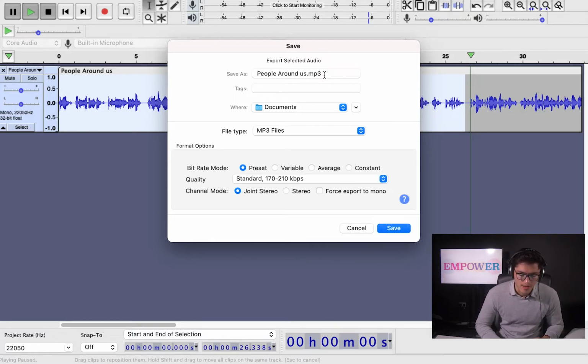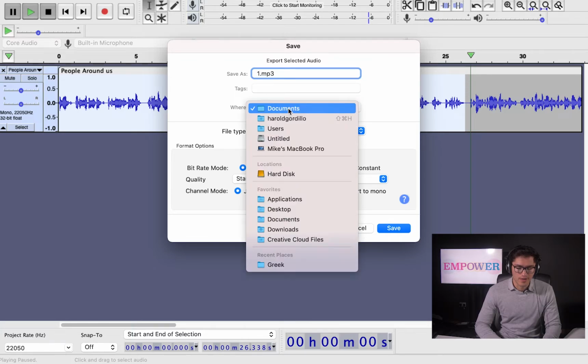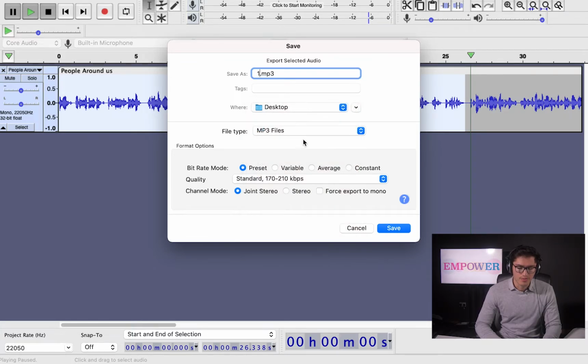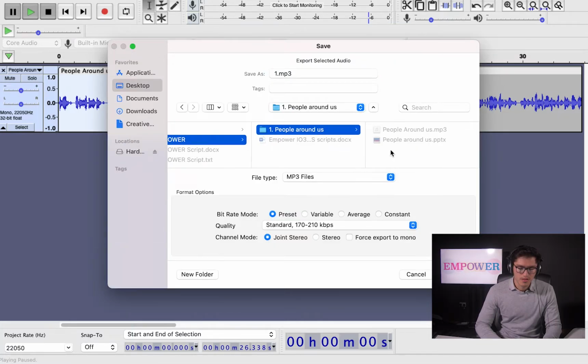MP3 people around us, I'm going to rename this section as 1, and save it on the desktop, in the Empower people around us folder. Okay, let's go. Number 1, MP3 people around us, save.